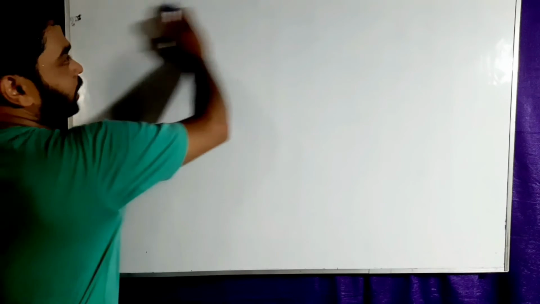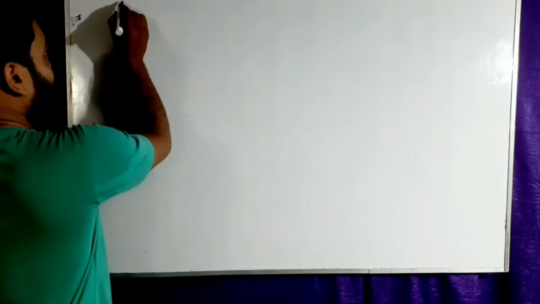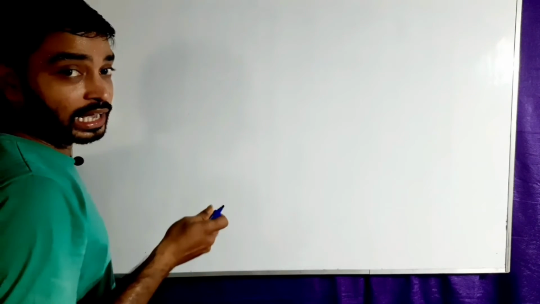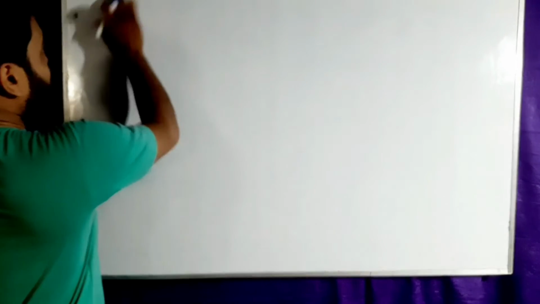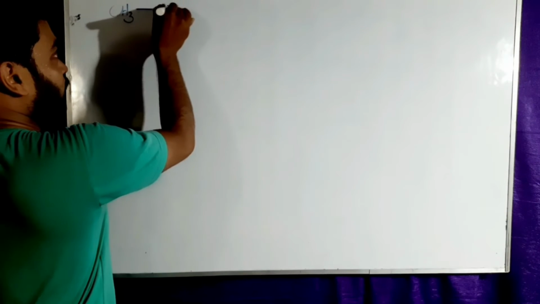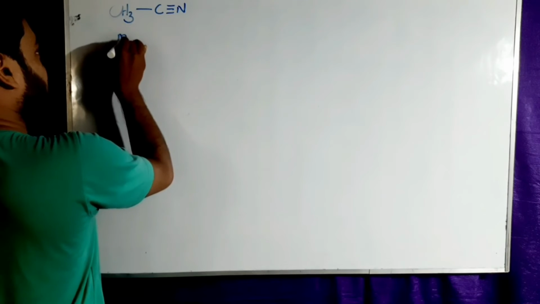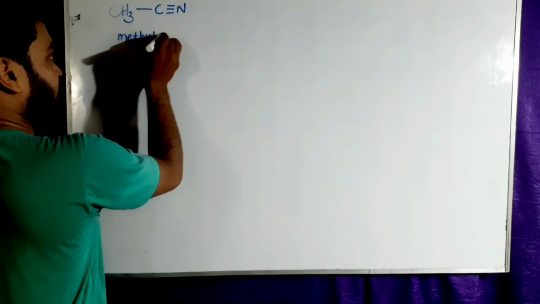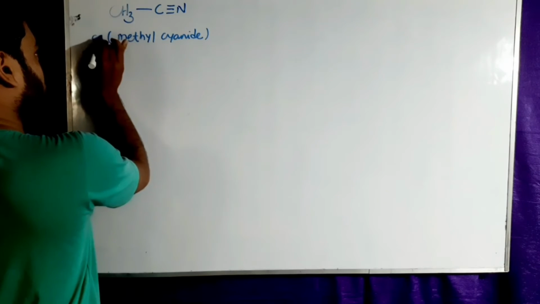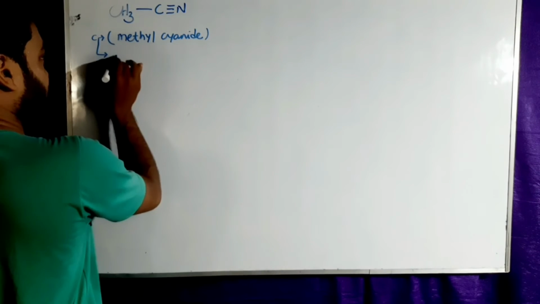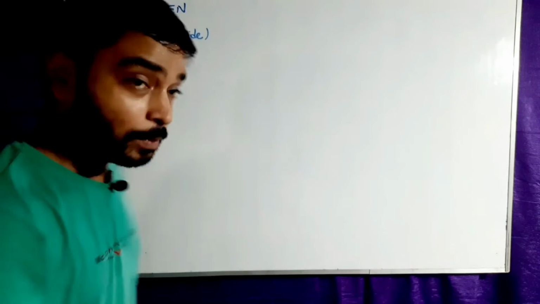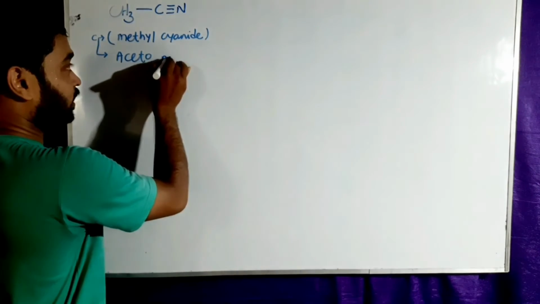For the reaction to occur, first I have to write the total reaction. That means we know that alkyl cyanide, for R here I am taking CH3, and C triple bond N. This is the methyl cyanide, or acetonitrile. It is the common name also. There are two common names here, methyl cyanide and acetonitrile. They are the widely used common names for this chemical. So acetonitrile